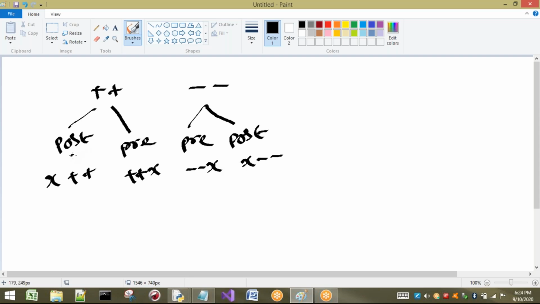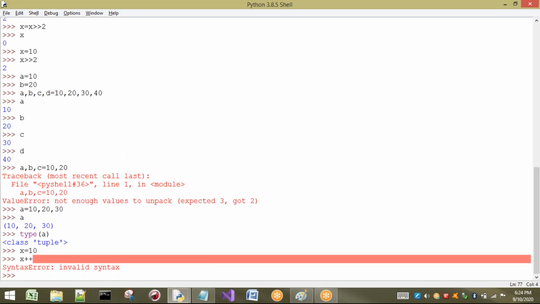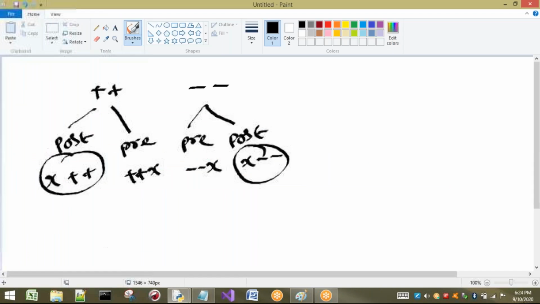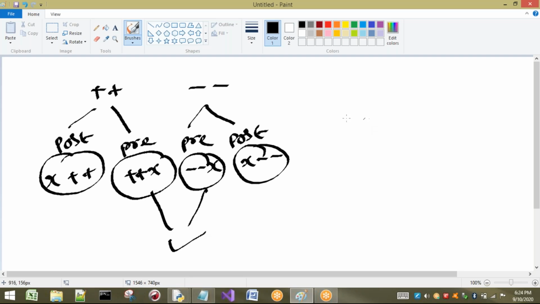What I have shown you now is this case. I will show you the remaining case also. Again I try x minus minus. What happens? Here also I got invalid syntax. But now these two cases I will show, where I will not get any error. These two are correct in Python, but these two are invalid in Python.